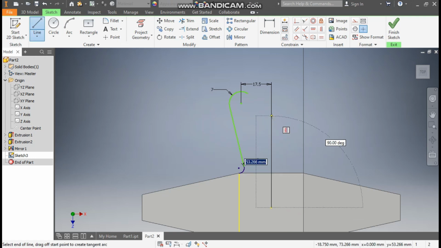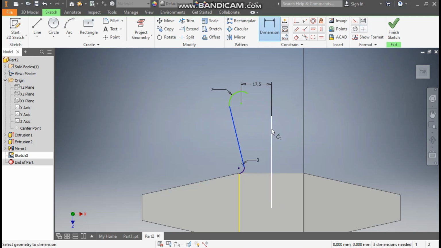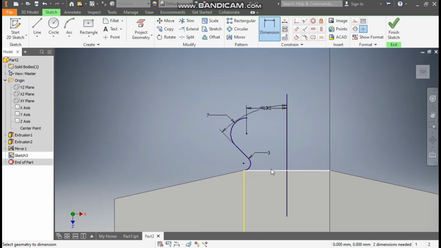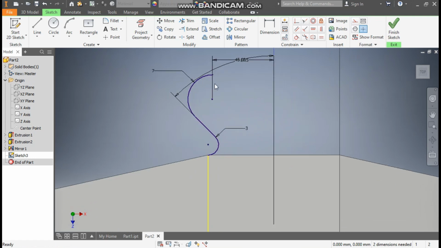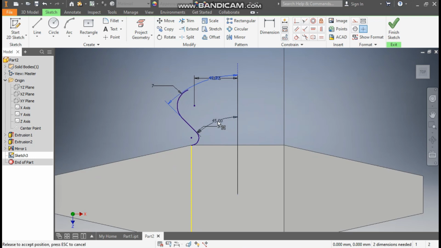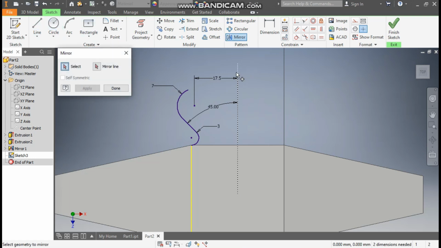From here we will make a center line. Escape, go to dimension, define the angle here as 45 degree. Okay, now escape. Select this line, make it a construction geometry. Now here I want the same profile other side as well. I'll make it more clear. Okay, so these are the profiles. Now go to the mirror command, select both the profiles, go to mirror line, select the center line, apply and